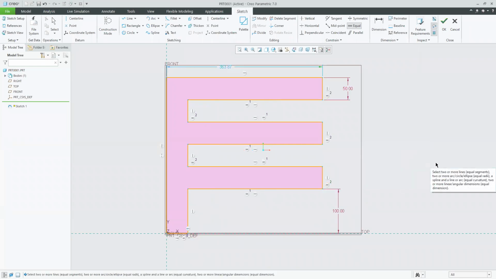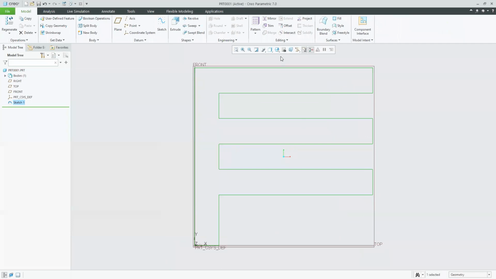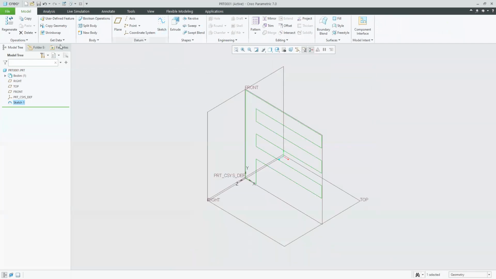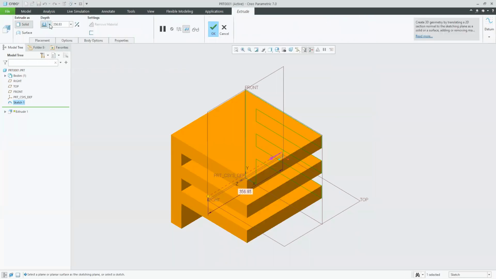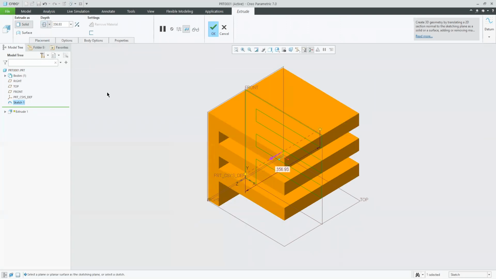So now I think everything has been done. Now I am clicking on OK, standard orientation, and now I am clicking on extrude. I need extrusion in both the directions, symmetry directions. Okay, so I came over here and I clicked on symmetry.